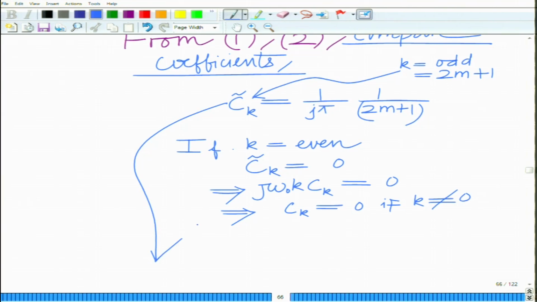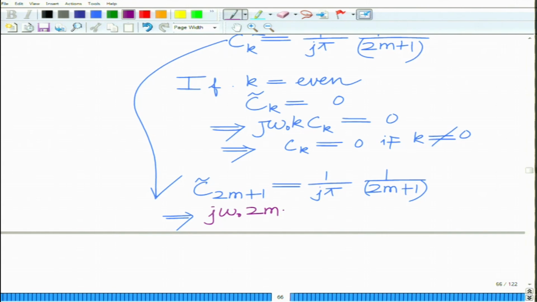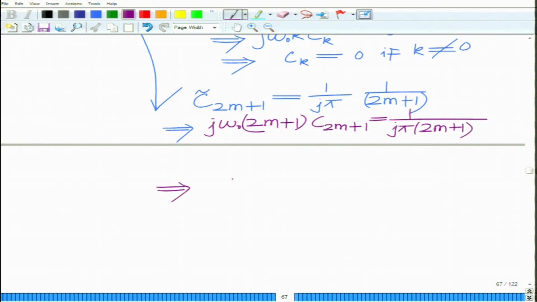On the other hand, for k odd, we have c tilde of 2m plus 1 equals 1 over j pi times 1 over 2m plus 1, which implies that you have j omega naught k, which is 2m plus 1, times c of 2m plus 1 equals 1 over j pi (2m plus 1), which implies c of 2m plus 1, where k is 2m plus 1, is 1 over minus pi into (2m plus 1) square,